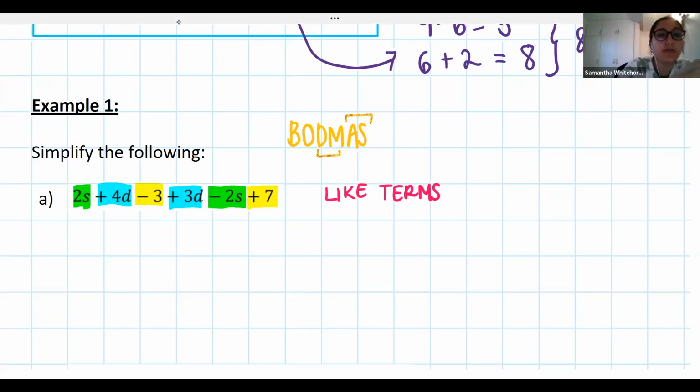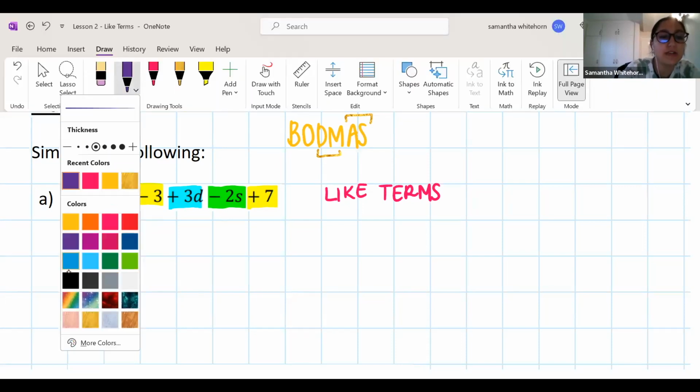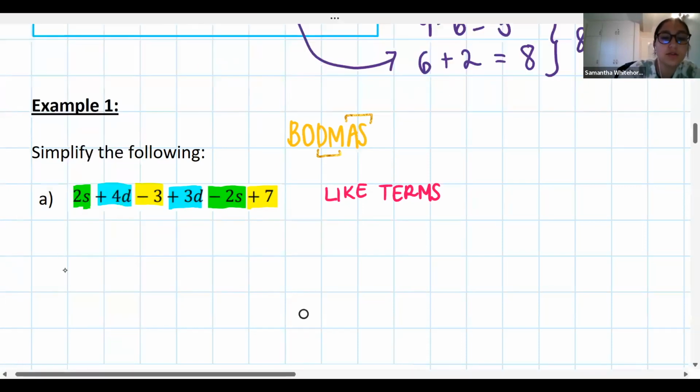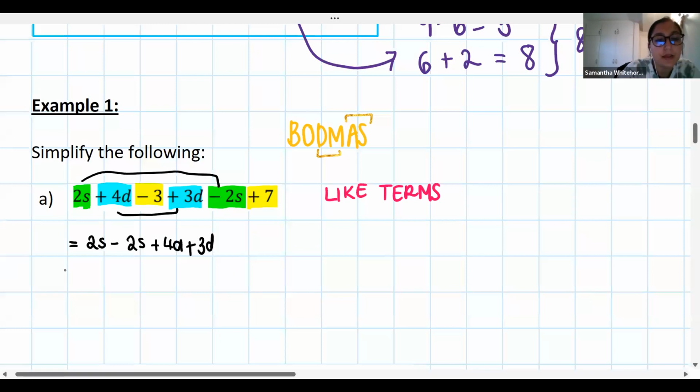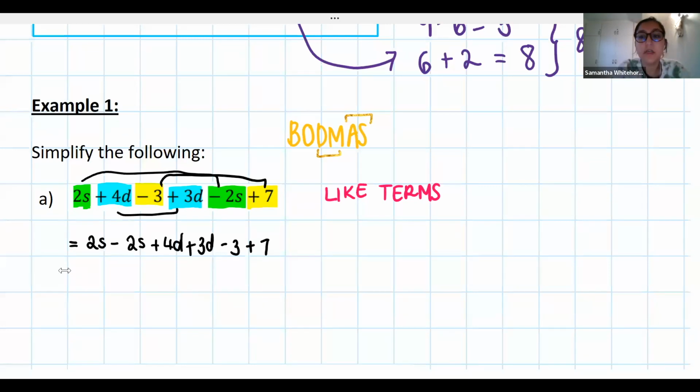Now, some students like to rewrite this grouping their like terms, which is fine. I personally don't do that, but there's nothing wrong with that. So when I say grouping like terms, I'm saying they write the S terms together, so 2S minus 2S, the D terms together, so positive 4D plus 3D, and then the constant terms together, minus 3 plus 7. Okay, so